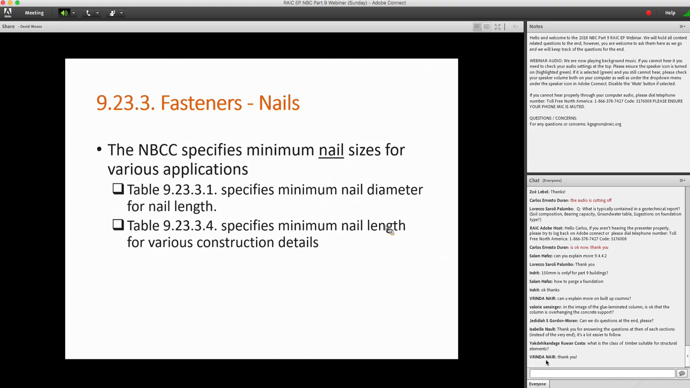So the next table, 923.3.4, that's where we specify the actual nail that has to be used for specific locations. I have that tabbed in my version of the code because we seem to always need to refer to it. So this table, 923.3.4,